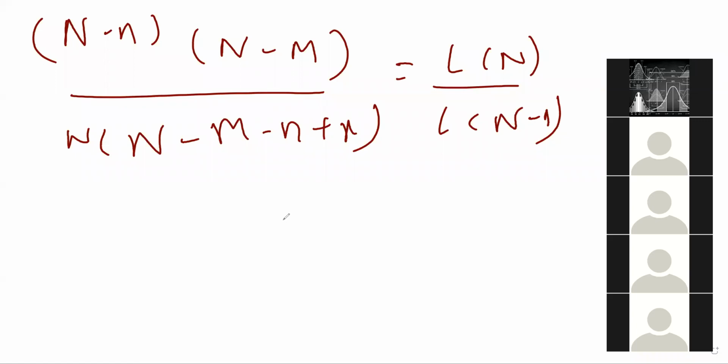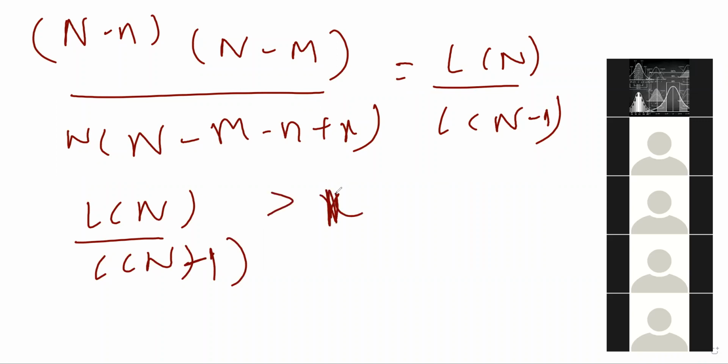and if somebody is not getting it, just tell that in that DSIM Telegram group. Anybody who has done it, please send a photo of your simplification. Okay. So now tell me, what do we want? Ln upon Ln minus 1 should be greater than x, greater than 1. So what we are getting is